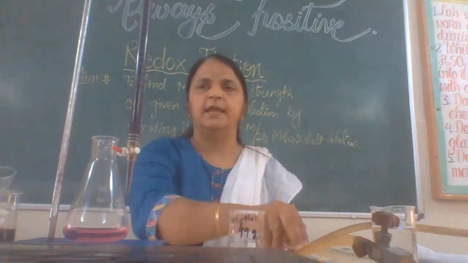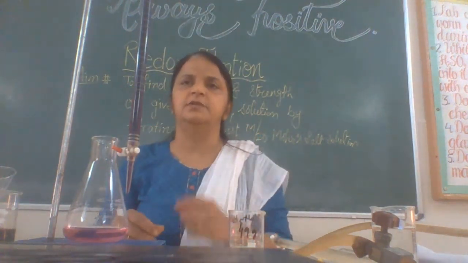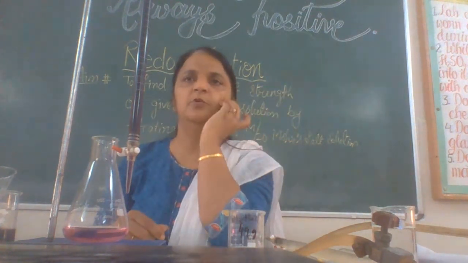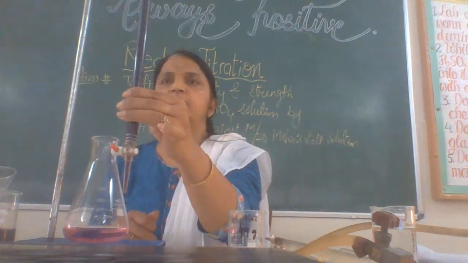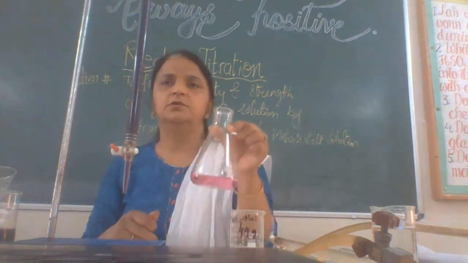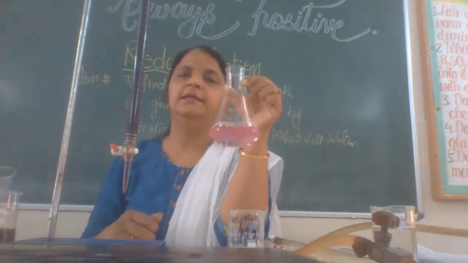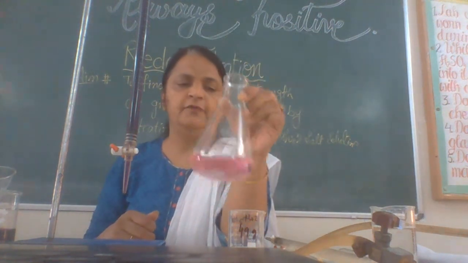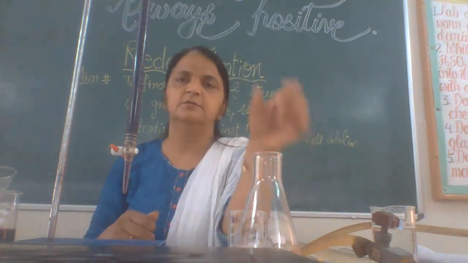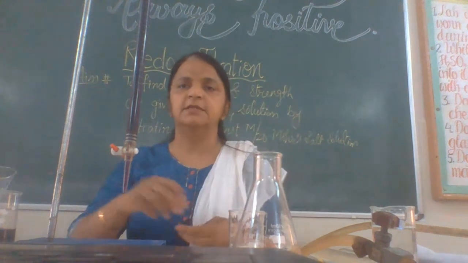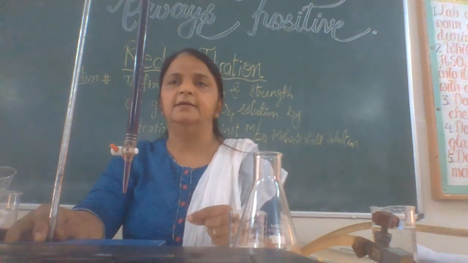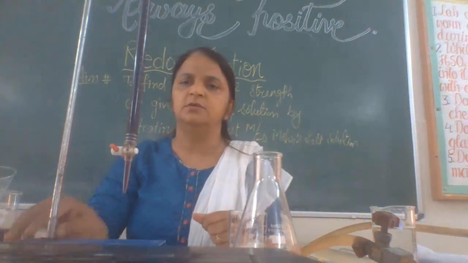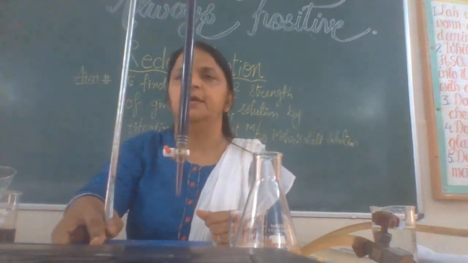So we need to take the difference to get the volume used, which is 22.5 minus 0.5, that is 22 milliliters of KMnO4 solution used to oxidize 20 milliliters of ferrous ammonium sulfate, that is Mohr salt. So from this volume, we can further calculate the molarity and strength by using the molarity equation. So let us see how we can calculate